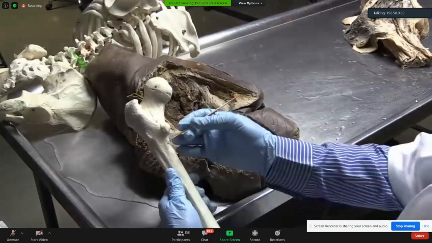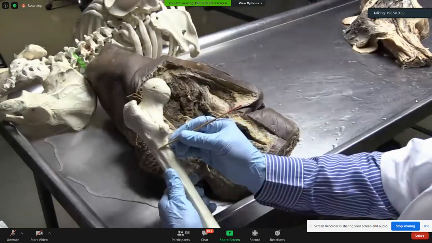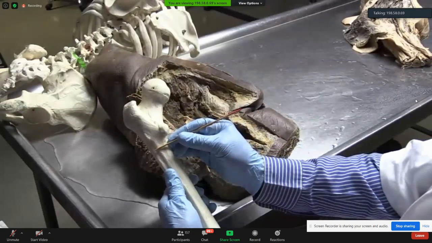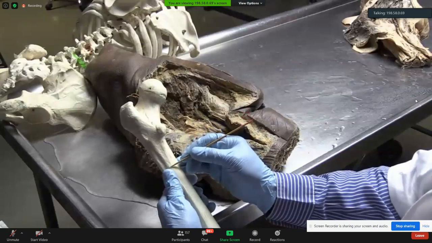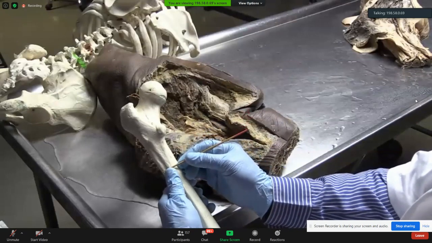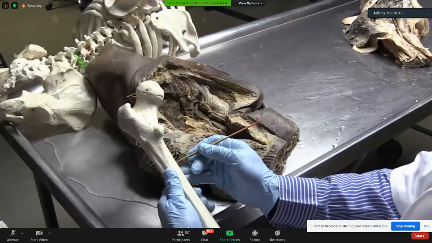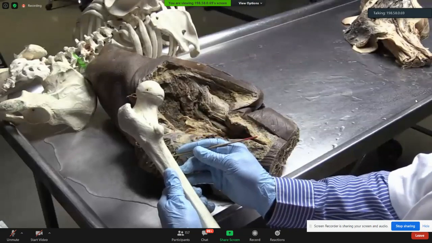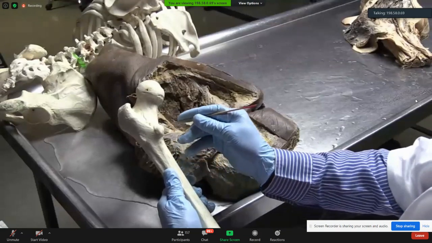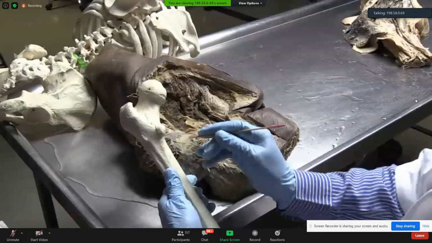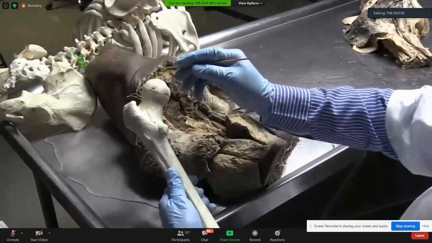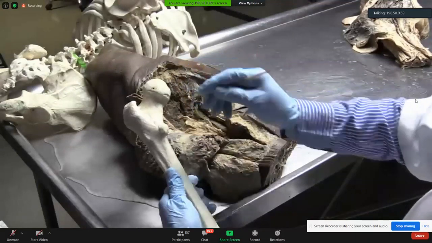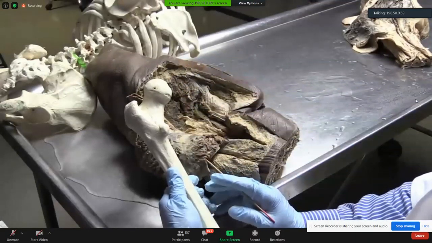The circumflex femoral, posterior circumflex femoral. So by virtue of this perforating branch, from the first perforating branch, you are getting back to the profunda femoris and therefore back to the femoral canal, femoral artery. So you can see that if there is any injury involving the external iliac artery,